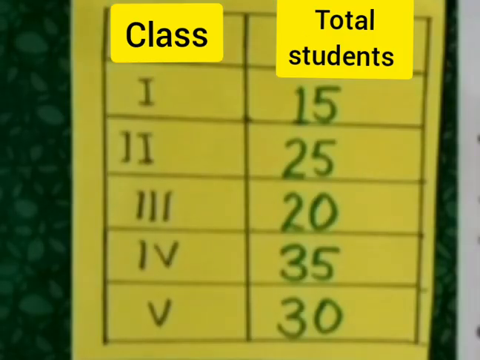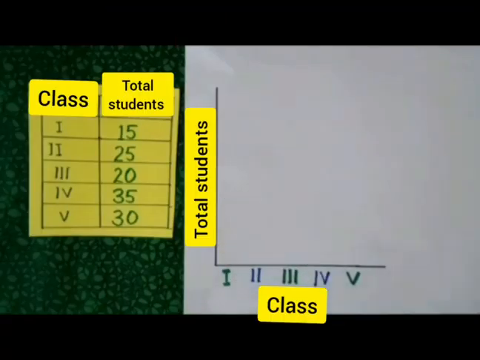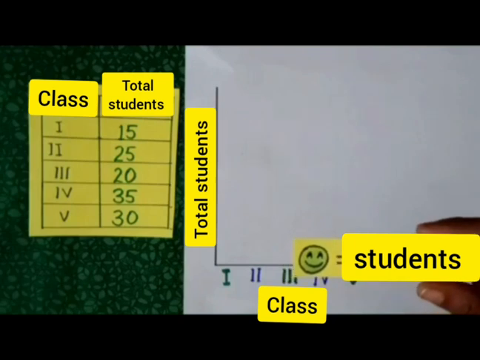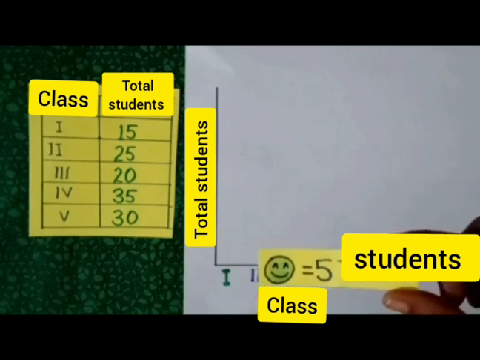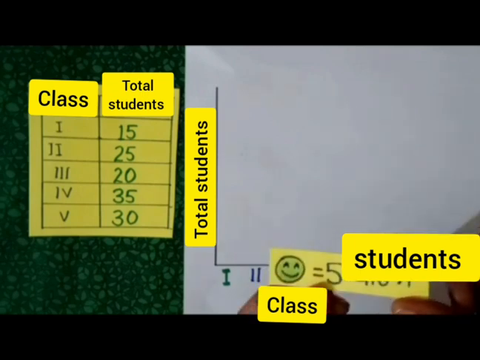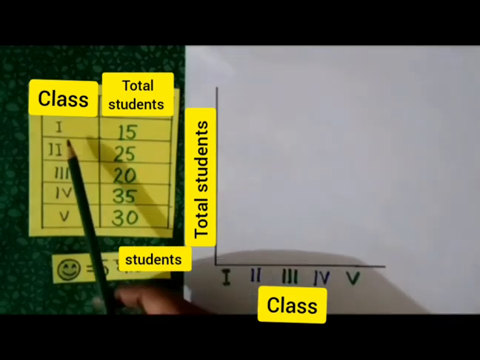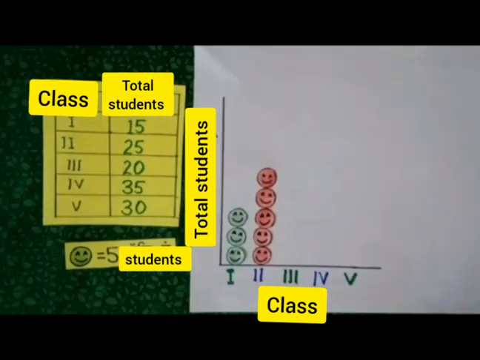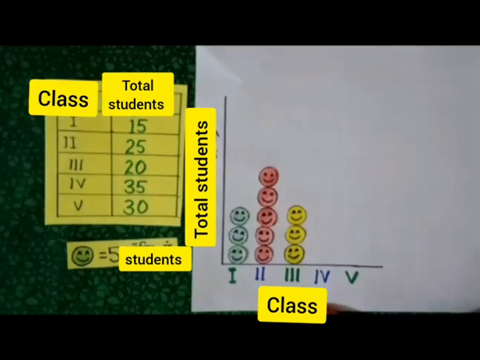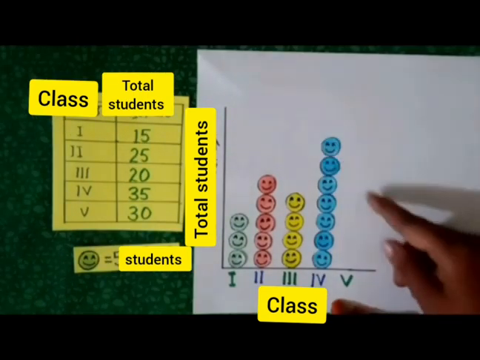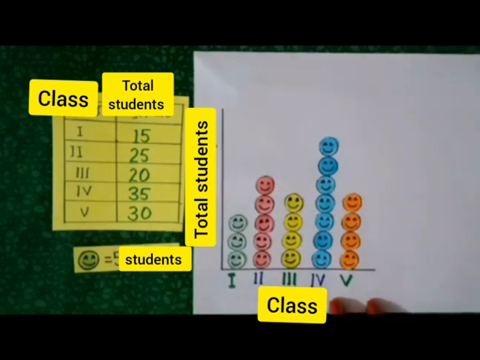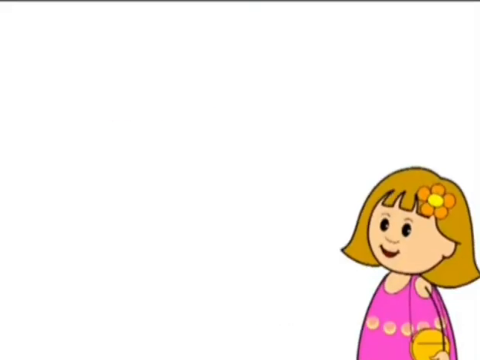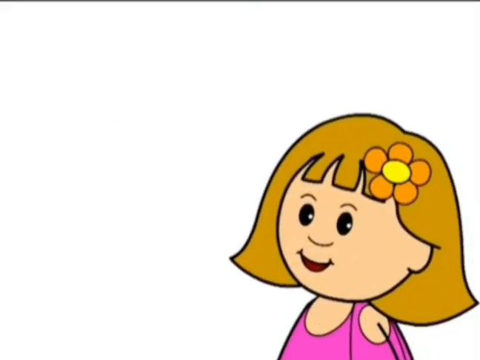Students, in earlier lessons from chapter 9 of data handling, you have learned the method of representing data in a pictograph. For example, you learned to make a pictograph of students from class 1st to class 5th of your school. And there you used a smiley to show the number of students in each class. One smiley represented 5 students. So you used many such smileys to represent the exact number of students of each class from 1st to 5th in a pictograph. And like that you learned how to make a pictograph.